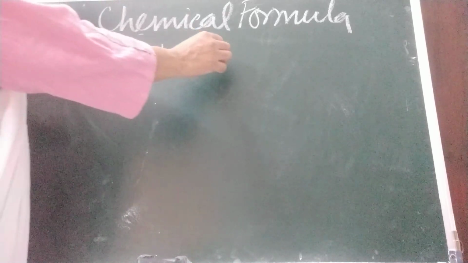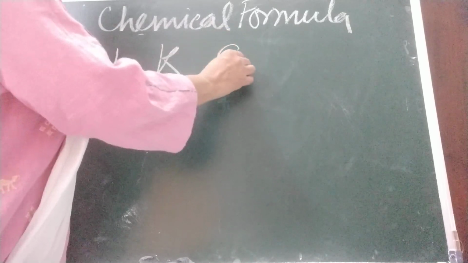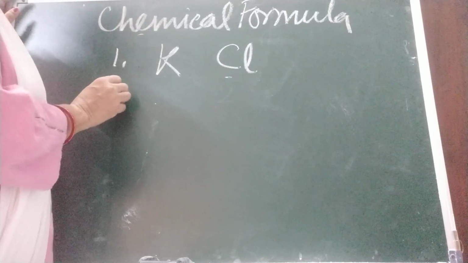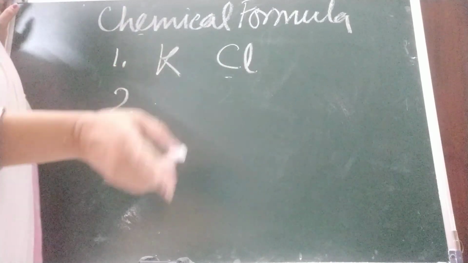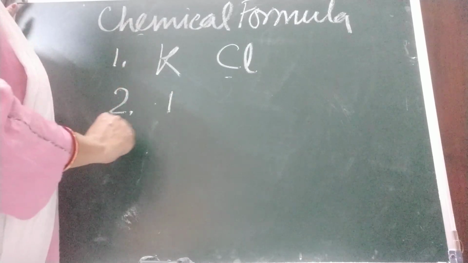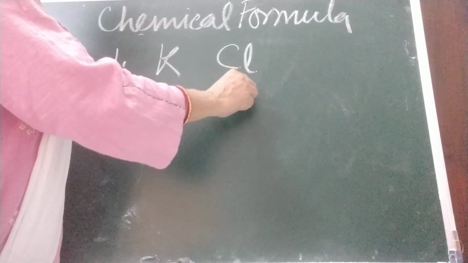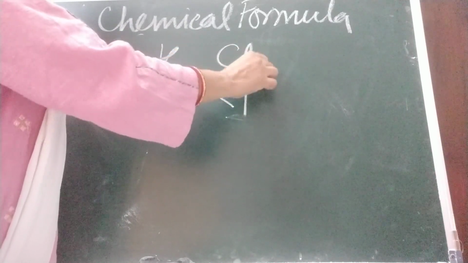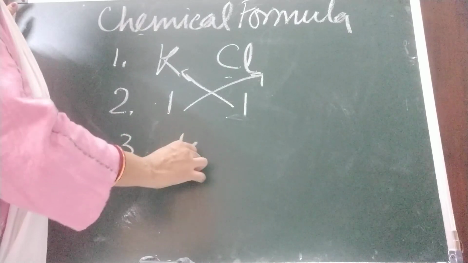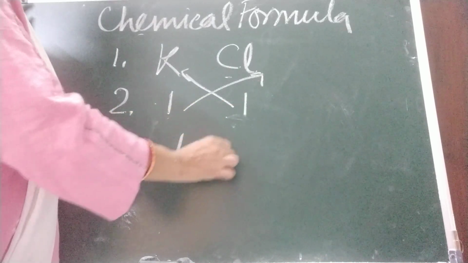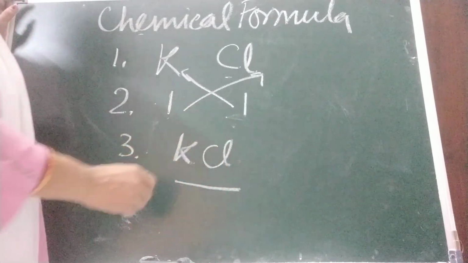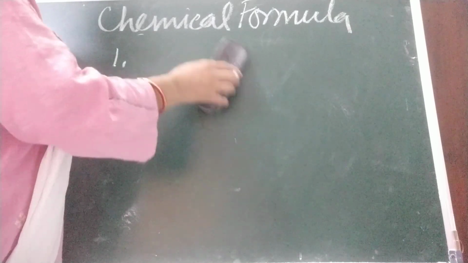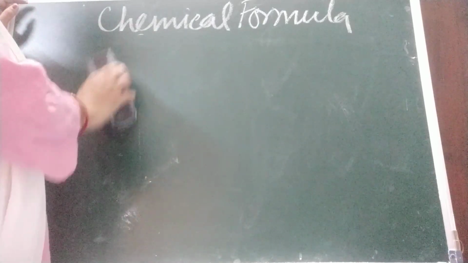Okay. Chlorine. Potassium chloride, second is chlorine, and the symbol of chlorine is Cl. Now you write down their second step, their valencies. Valency of potassium is 1, valency of chlorine is 1. Cross, third step. We do not write 1 here, we do not write 1 here. So what is the formula? KCl.